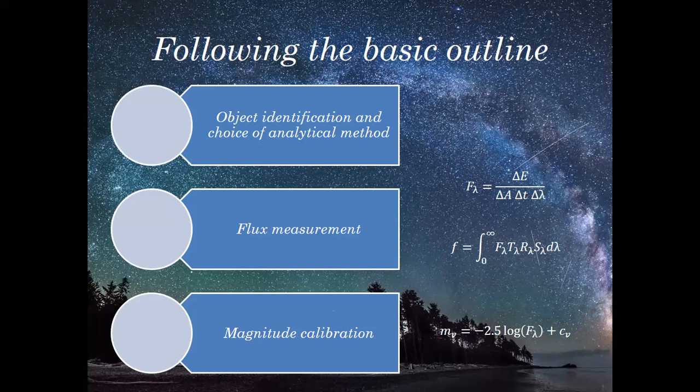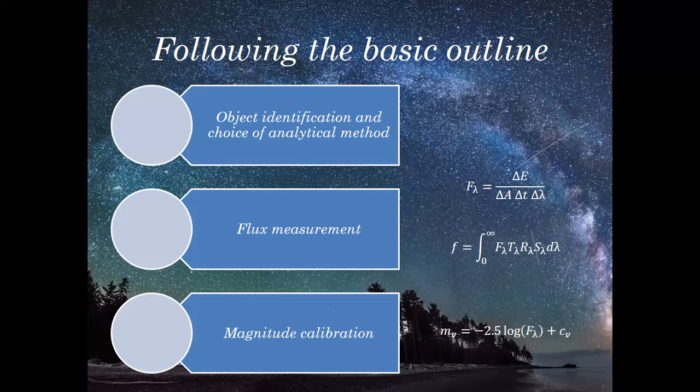It is multiplied by T as a function of lambda, which is atmospheric transmission. Now the atmosphere tends to show different kinds of responses to various frequencies, so T of lambda is atmospheric transmission as a function of wavelength. R of lambda is the efficiency of both your telescope as well as the detector. Obviously, the light that you receive from any source will first pass through your telescope, and at the end of the telescope, you will place some sort of detector, like the CCD detector, which is the one that we'll discuss today. So the CCD plus telescope.